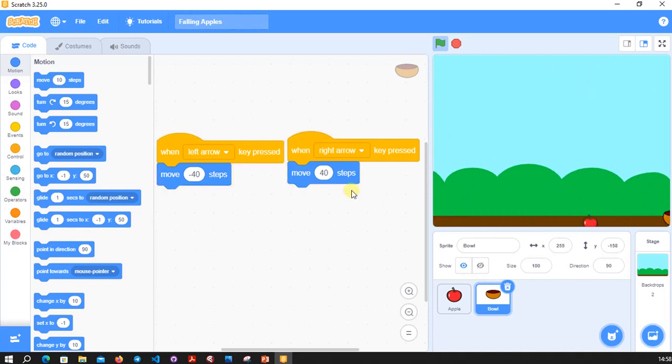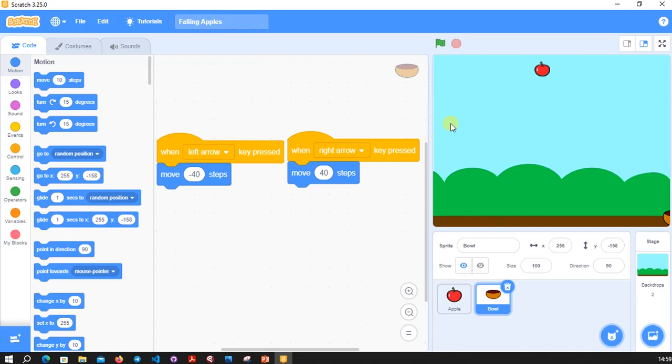Okay, so there's all our movement sorted. So we have an apple that moves from top to bottom, and we have a bowl that moves from left to right. And so now we want to sort out the scoring,